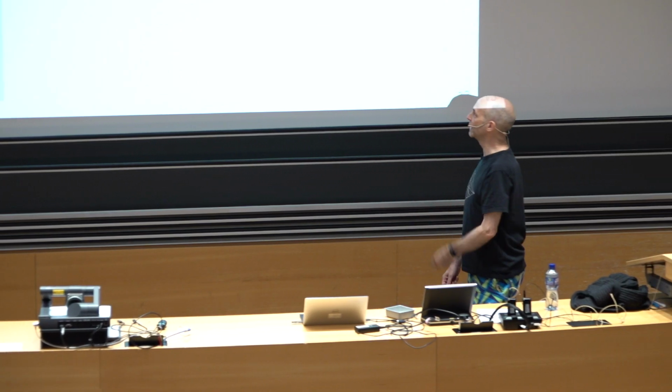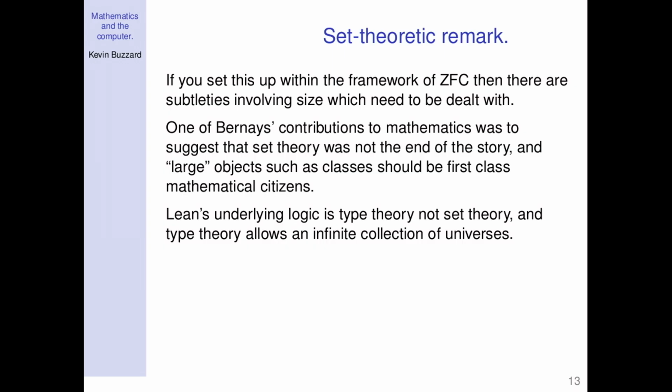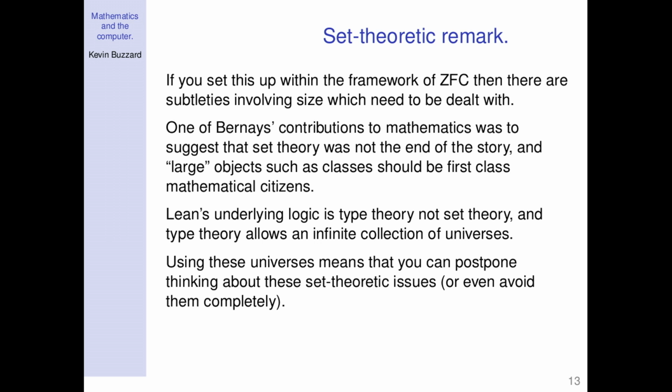And the same sort of thing goes on in Lean's dependent type theory. In Lean's type theory, everything has to have a type. So the reals has to have a type, so it's a thing called Type. But then Type has to have a type as well, so it's a thing called Type 1. And Type 1 has to have a type, and that's called Type 2. And so there's this infinite collection of universes. And if you just use these universes, then all the set theoretic issues, they don't go away, but they get moved to somewhere else. So they've been moved, in particular, out of the talk. So there you go. I don't need to worry about set theoretic issues at all, because I'm not doing set theory. I'm doing type theory.